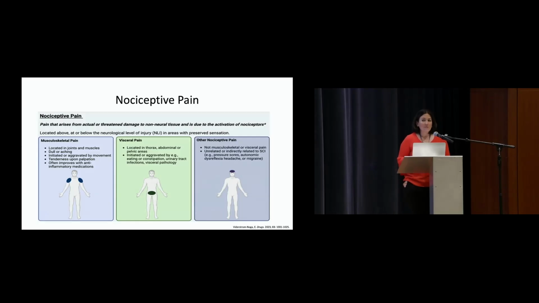For our lower level cord injury patients, they usually experience visceral pain that's similar to patients that do not have spinal cord injury. For our higher cord injury patients, oftentimes these patients have a hard time localizing this sort of pain. They just feel a generalized discomfort that they're not able to localize to any particular area. So it's very, very different.